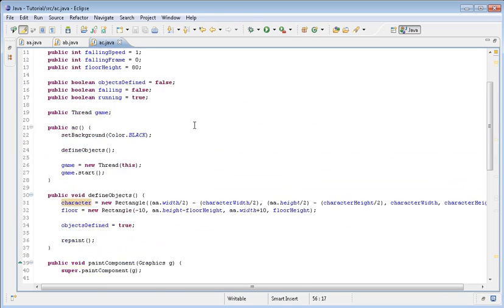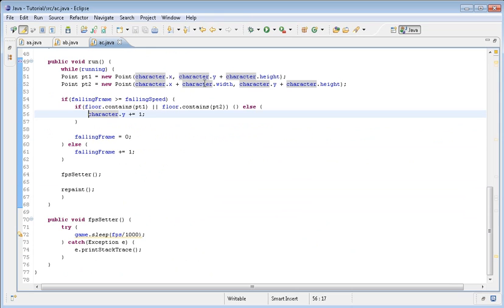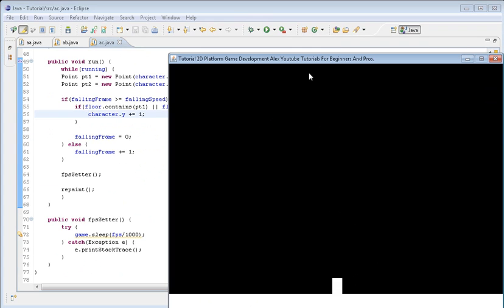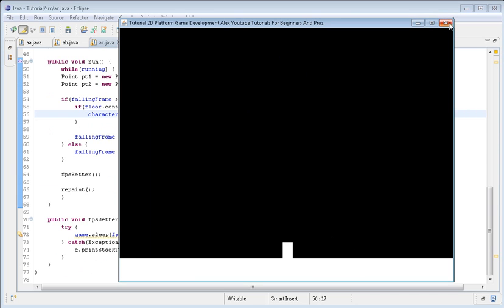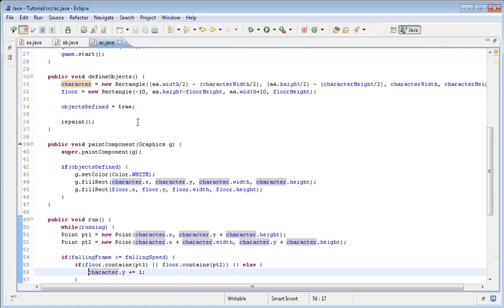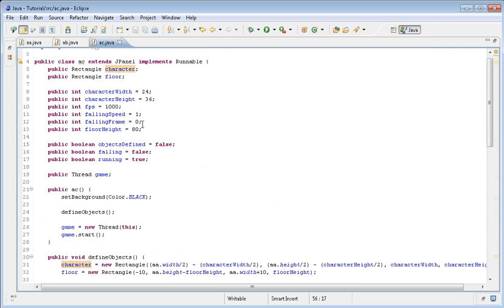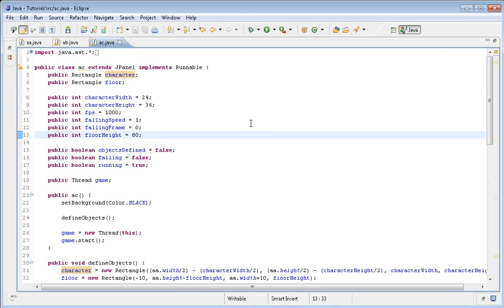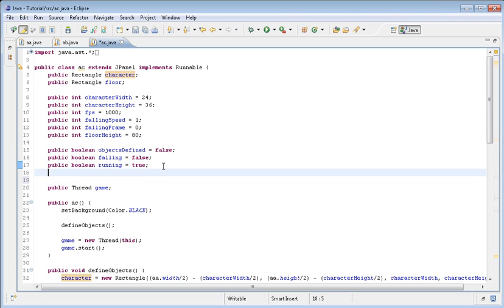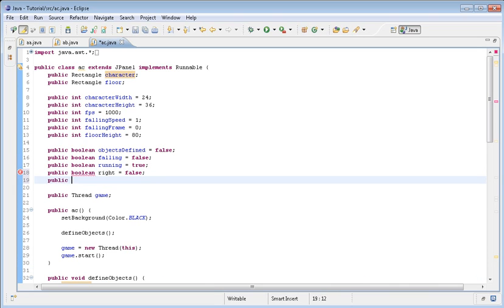So now, once we've added some falling detection, it's just going down. It's just awesome to look at this over and over again. I would like to add movement of the character. It's really simple to do. So what we need for this is a public boolean right equals false, and a public boolean left equals false, and